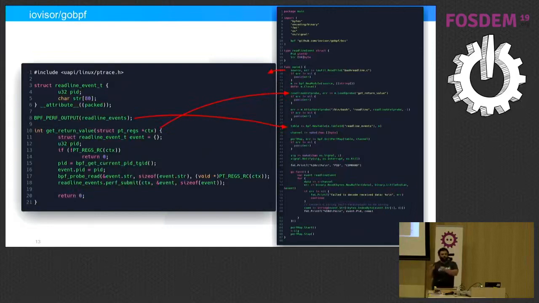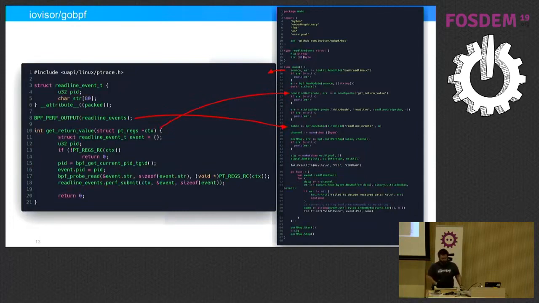So when you write a command in bash, read line receives it, read line is a function, so you're getting the argument of the function, and you send it to the map, and the map is received in Go here, in this table, and then this table has a channel, and this is connected to the table, and then you just